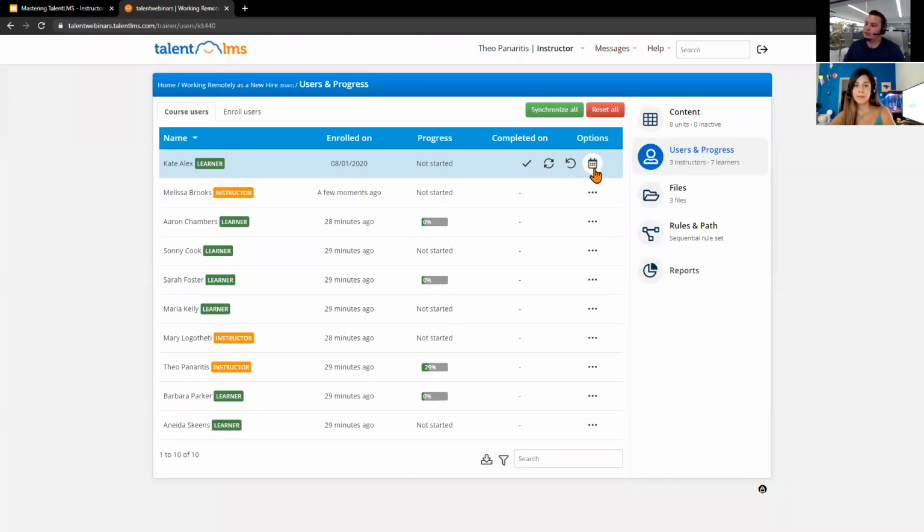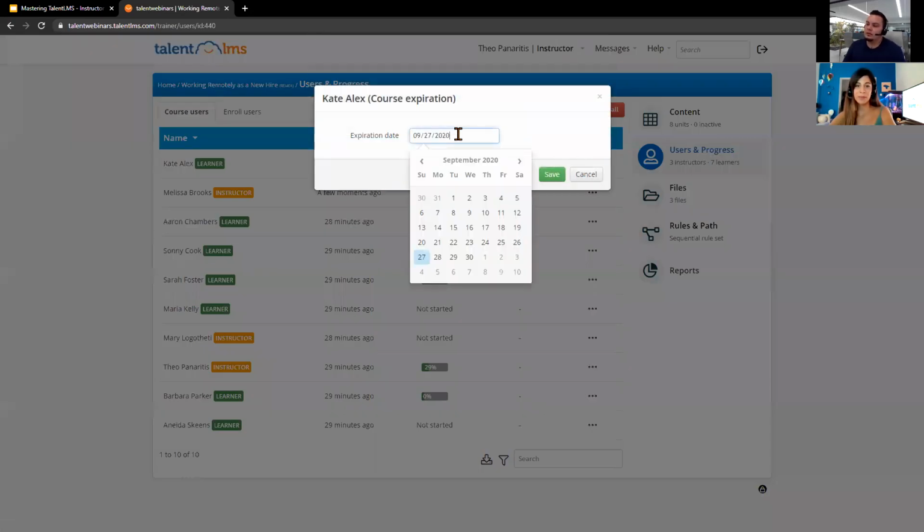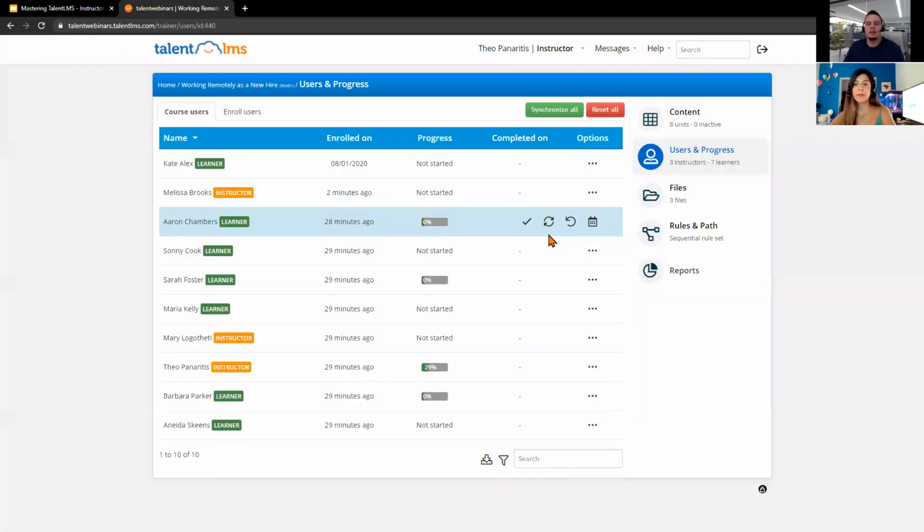Also, you have the calendar here. And remember in the beginning, when we were creating the course, we put 5 days as the time limit that people would have to complete the course within. If, let's say, Kate had a sick leave and took 2 days off, it's only fair that we give her a little extension. Click on the calendar there. And if the course expires, for example, today, we can always just give her 2 more days and save in order to ensure that she has the same amount of time as the rest of the team to complete the